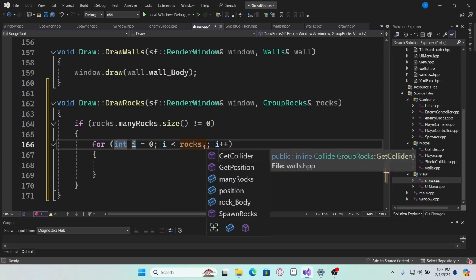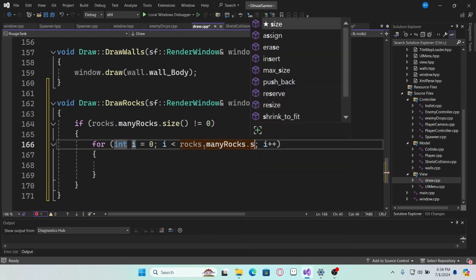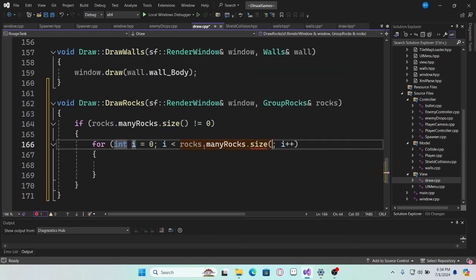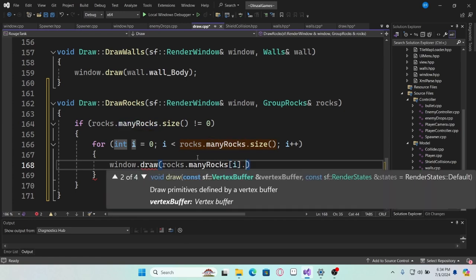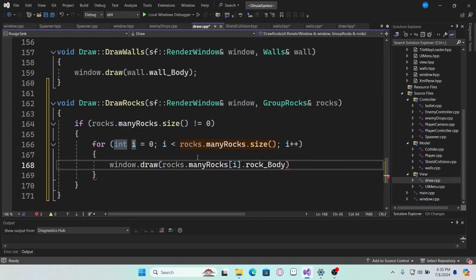Oh yeah, we want many rocks there, dot size. Yep, i plus plus, and then we're going to say window dot draw, and we'll do our rocks dot many rocks at i dot rock body. And what that is doing is it should draw every single rock